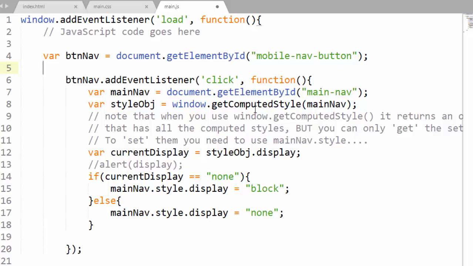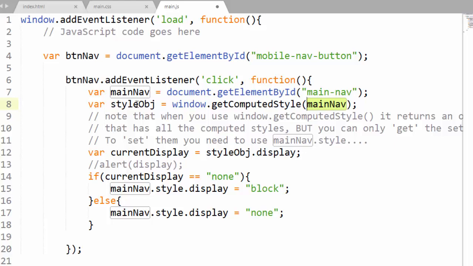So what this basically does is we're going to get a handle on the navigation, that's our nav tag that has an ID of main nav, so we're going to get a handle on that. And now here's something that I think I showed you, but you can figure out the calculated style settings for an object by using this method. This is a method of the window object called getComputedStyle, and whatever element you pass in, it will return the style settings for that element. So we're getting the style settings